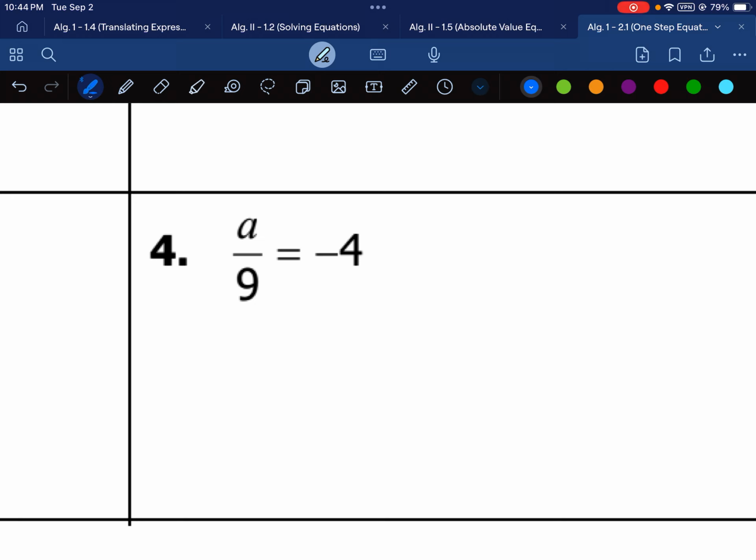And on number 4, a divided by 9 equals -4. To undo the division of 9, we will multiply by 9, or 9/1. The 9's reduced, and you get a. On the right-hand side, we multiply by 9, and we get